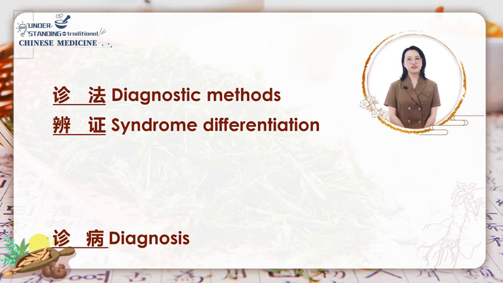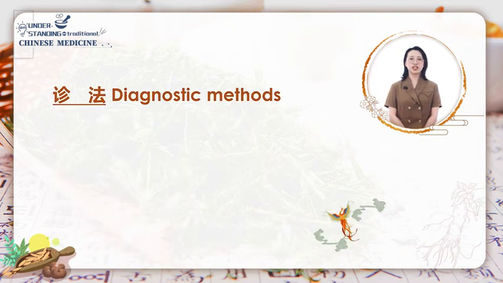The whole process of diagnostics of TCM can be classified into three steps. Step 1, diagnostic methods, that is 诊. Step 2, syndrome differentiation, that is 断. And step 3, medical record. Among them, the diagnostic method, 诊, includes four important aspects. First,